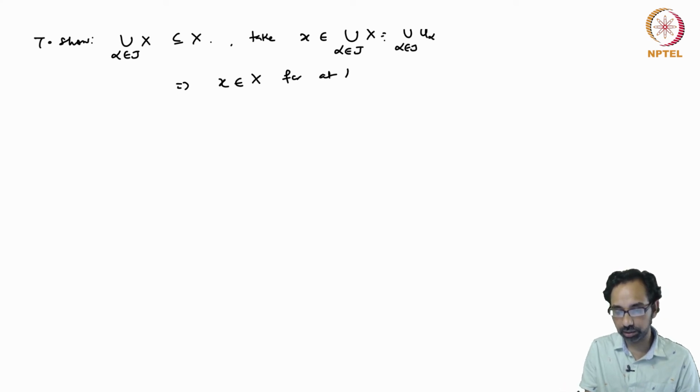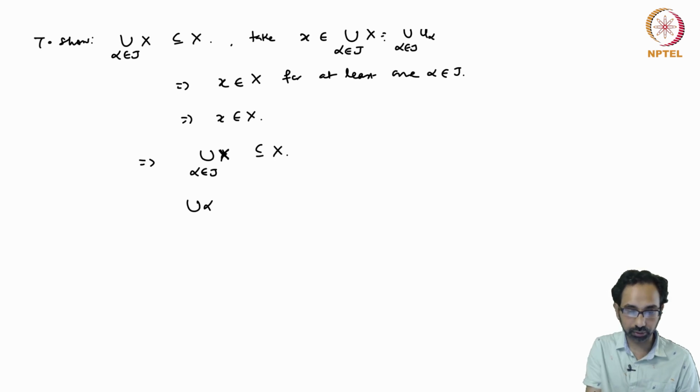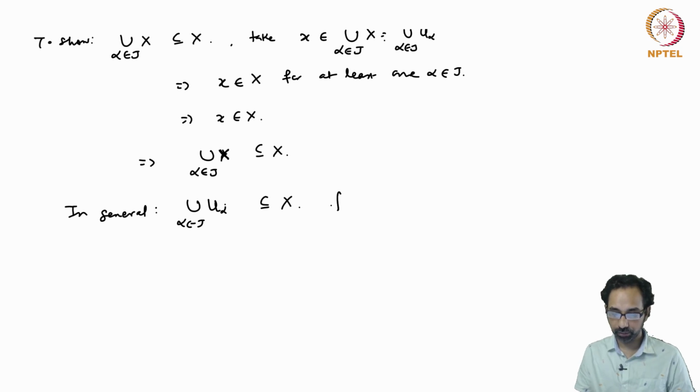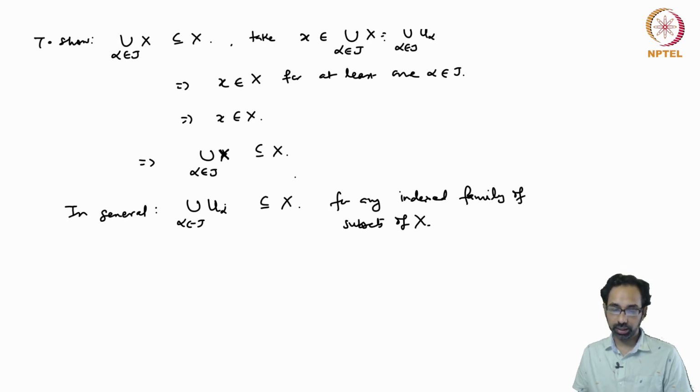X belongs to X for at least one alpha in J, and this implies that X is in X, and so the union is a subset of X. Of course, in general, if you have any collection of subsets u alpha, not just one for which every u alpha is equal to X, which is the case we are dealing with, we have that if all the u alphas are subsets of X, then the arbitrary union is a subset of X, for any indexed family of subsets of X. In our case all these u alphas are already equal to X,